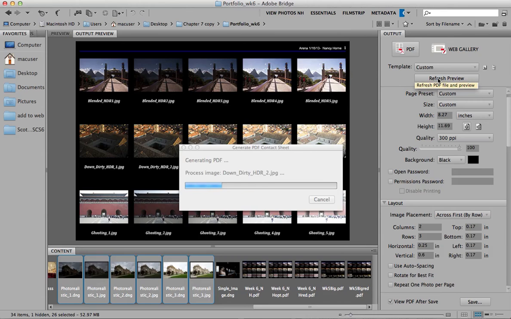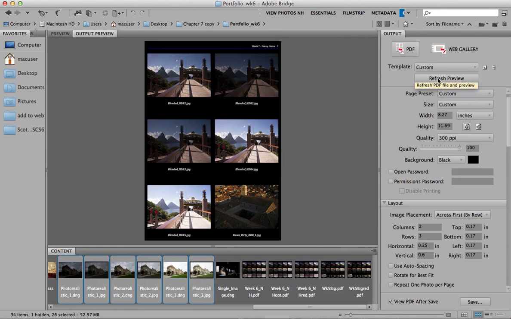What I'm doing is just choosing which view I want to create the PDF. When I've chosen what I want, I then go ahead and click on save, and it would save and generate a PDF. For this purpose, I'm just going to leave it where it was, 5 columns, 3 rows,